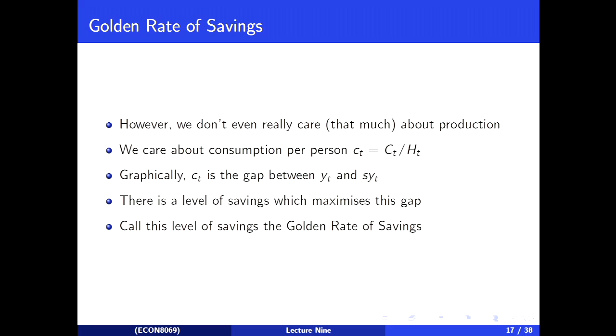And so there's going to be some point in the middle which is the optimal point. And you can actually go through some mathematics and show that there is a unique optimal point. And we're going to call that level of savings the golden rate of savings. Graphically, looking at this graph, it's actually very nearly S1, I think, here. Graphically, it's going to be the maximum. No, it's going to be a little bit lower. It's going to be the thing that maximizes.